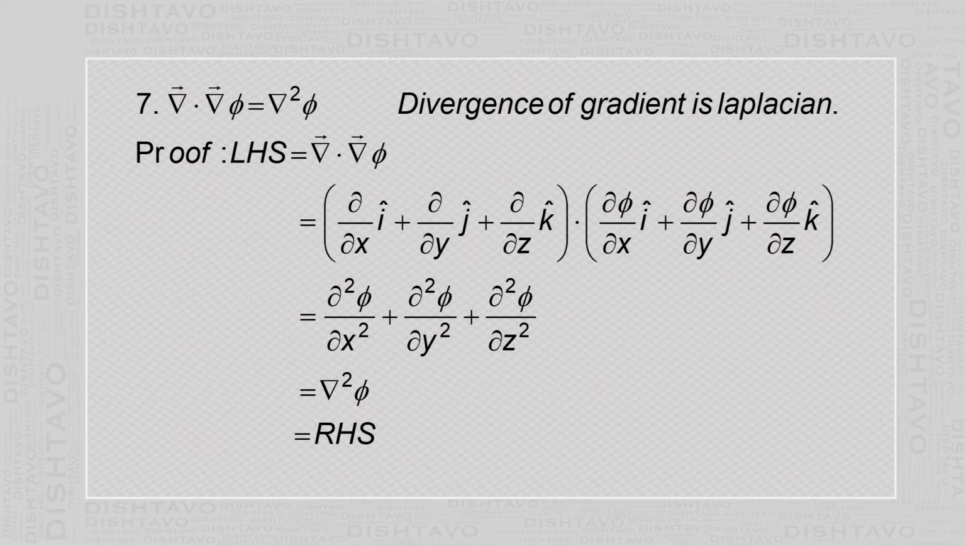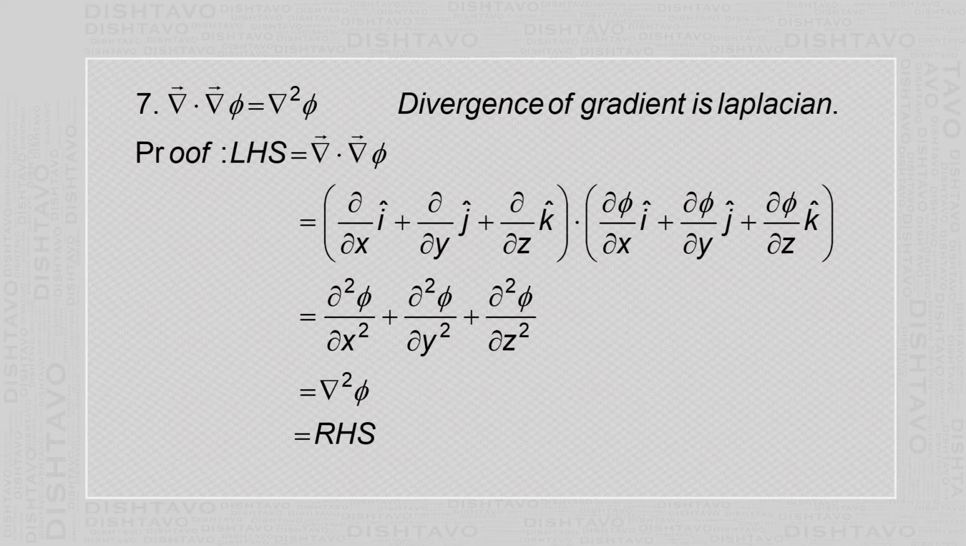del dot means it is a divergence, del phi is a gradient of phi. So divergence of gradient of the scalar function is equal to del square, which is a Laplacian operator. So it is a Laplacian of the scalar function. To prove this, let us start with the left hand side,